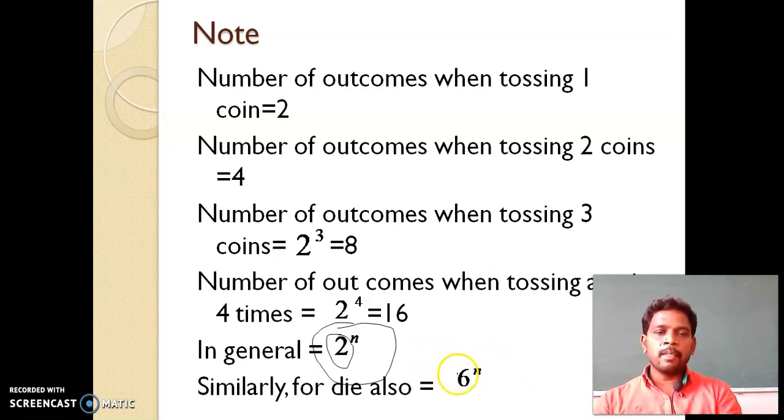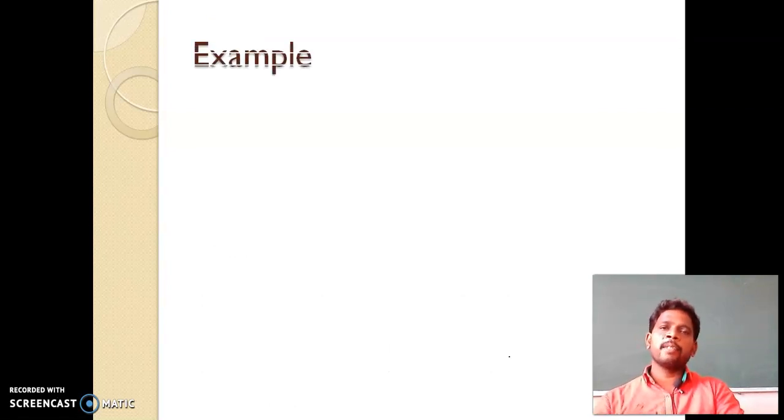Likewise we can find the number of total cases of these experiments. Understand? The base represents the possible outcomes when throwing a die or tossing a coin, and the power denotes the number of times, so 2 times you throw a die, or 2 times you toss the coin. That is an important note. Look at the next example.